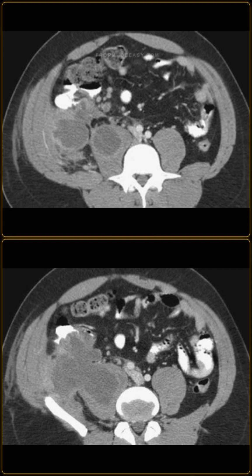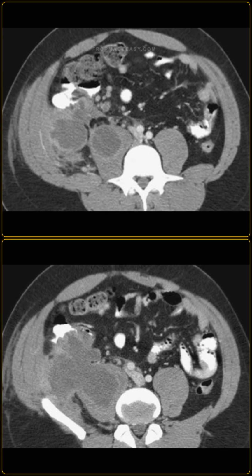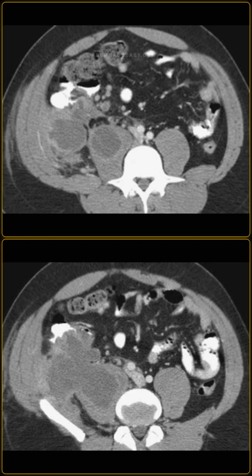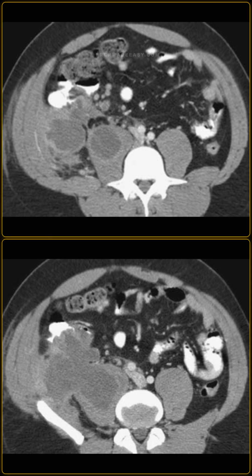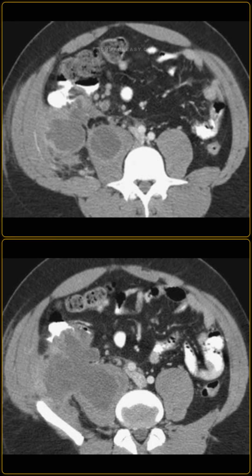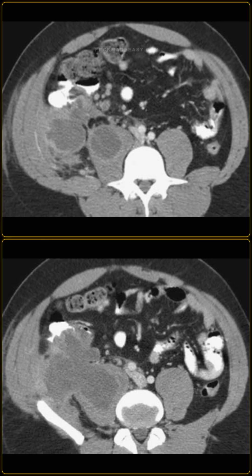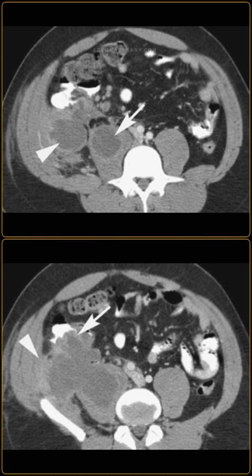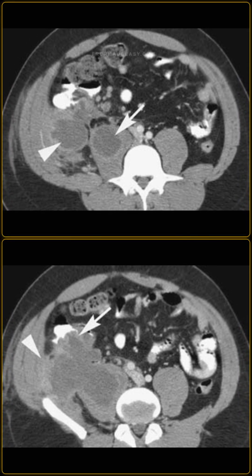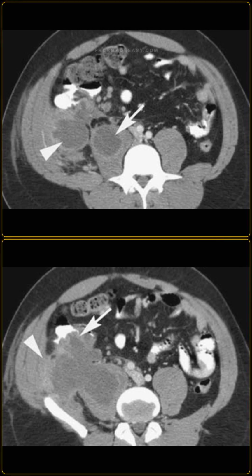A 58-year-old man presents with chronic right lower quadrant pain, fevers, and a large, expanding, palpable mass. I am showing you two axial contrast-enhanced CT images of the lower abdomen. Describe the findings. Okay, looking at the images, the CT images demonstrate a massive low-attenuation fluid collection with thick, irregular